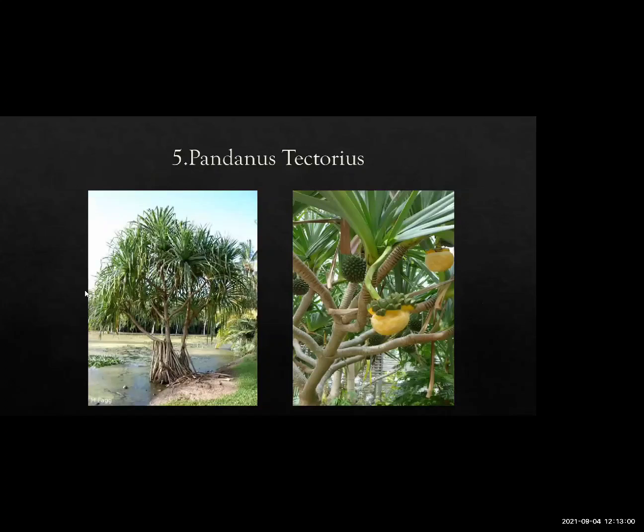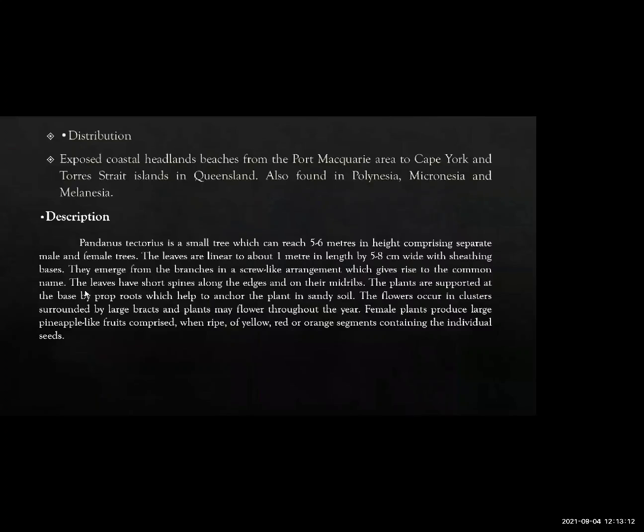5. Pandanus tectorius. Pandanus tectorius exposed coastal headlands beaches from the Port Macquarie area to Cape York and Torres Strait Islands in Queensland. Also found in Polynesia, Micronesia, and Melanesia. Pandanus tectorius is a small tree which can reach 5 to 6 meters in height, comprising separate male and female trees. The leaves are linear to about 1 meter in length by 5 to 8 centimeters wide with sheathing